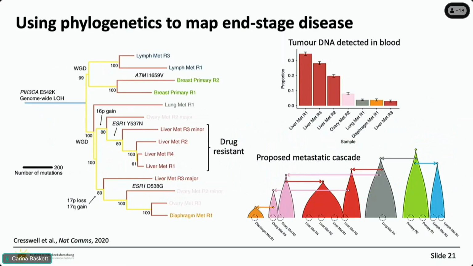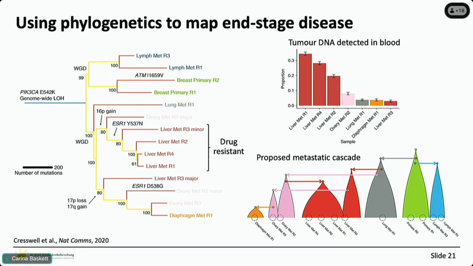And what we could do is reconstruct the phylogenetic history of these different metastatic sites. And there were a few things that really stuck out to us in this particular patient. So for example, here there's a clade that is within the liver that was really striking to us because it had an estrogen receptor mutation. And this patient was on essentially an estrogen blocker because their cancer was diagnosed as being dependent on estrogen to grow. So it made complete sense as a therapy to block this. But this mutation, essentially what it does is it makes estrogen signaling active regardless of estrogen being present or not. So it essentially renders the drug ineffective. And this was acquired essentially in the liver.